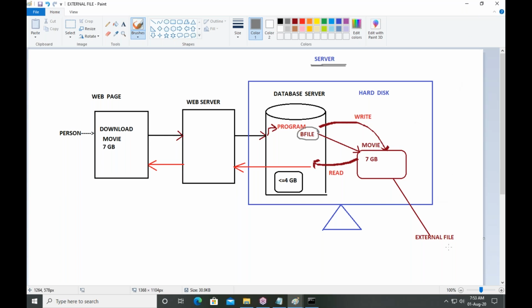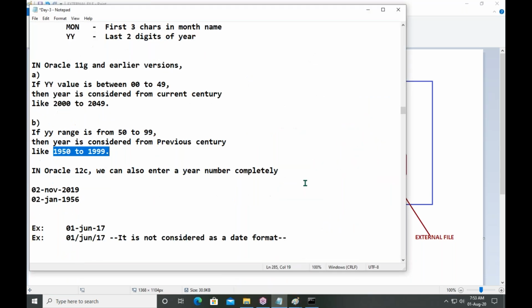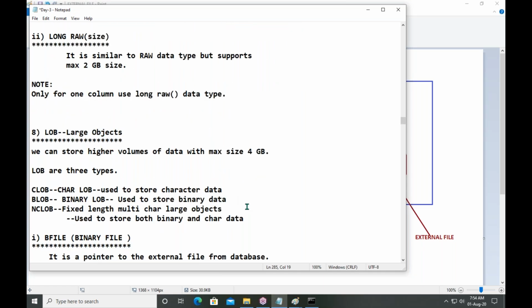Yes. And see, these are about data types. We have discussed the character data types. Next, number data types, date data types, and binary data types. Large objects like CLOB to store character large objects, maximum size 4 GB.